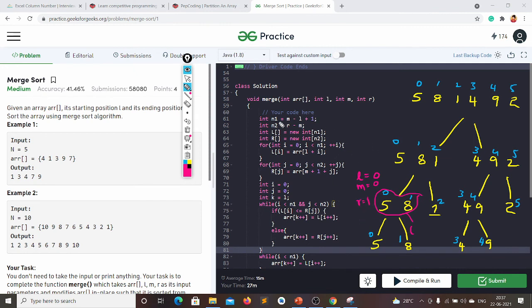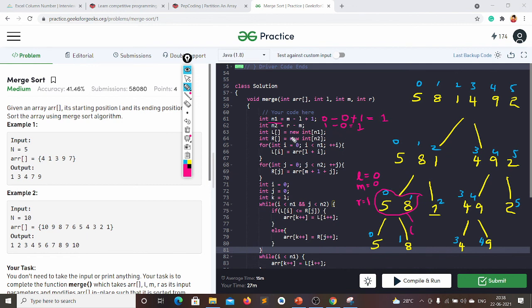Okay, see here my N1 will be M minus L plus 1, that is 0 minus 0 plus 1, that is 1. Here N2 is R minus M, R means 1, 1 minus 0, that is 1. So N1 is 1 and N2 is also 1.